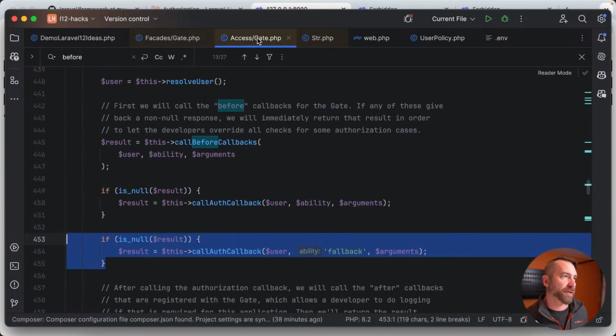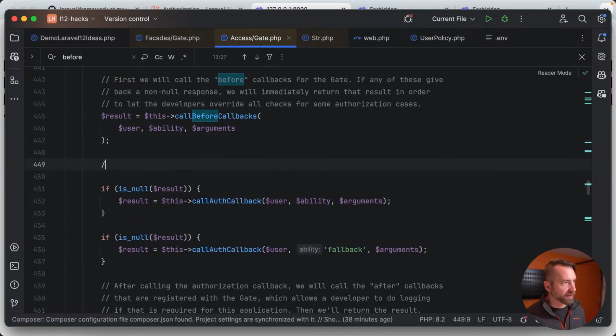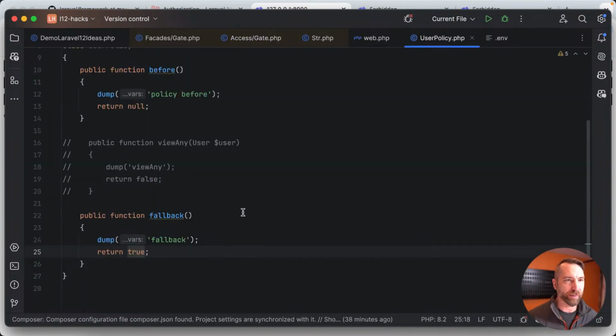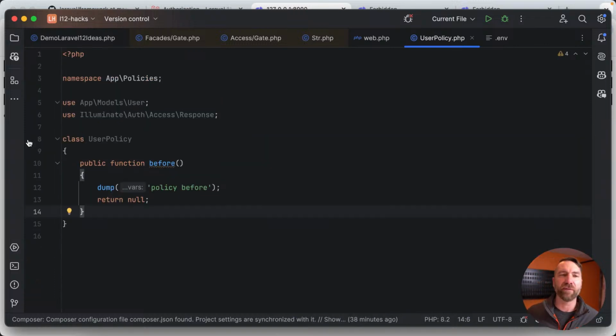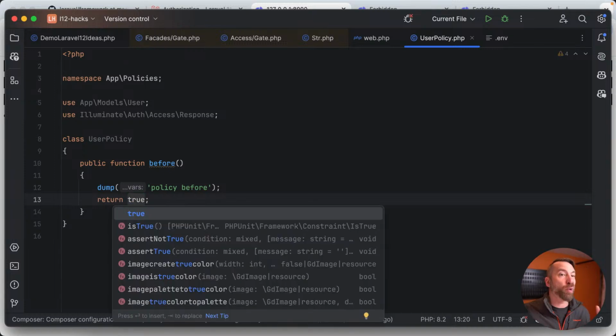So the thing left to do is basically find the additional change, which is breaking. Find where before still requires view any in our case, right? I'd like to also remove that because I think that's the other streamline. The other streamline is if I just have a before and I say whatever, and I don't define anything else, the 403 is fine. But if I define before and I say true here, I just put all my logic